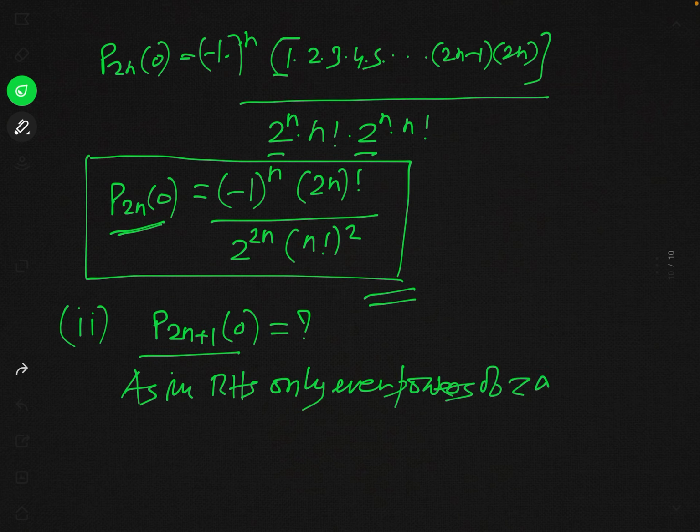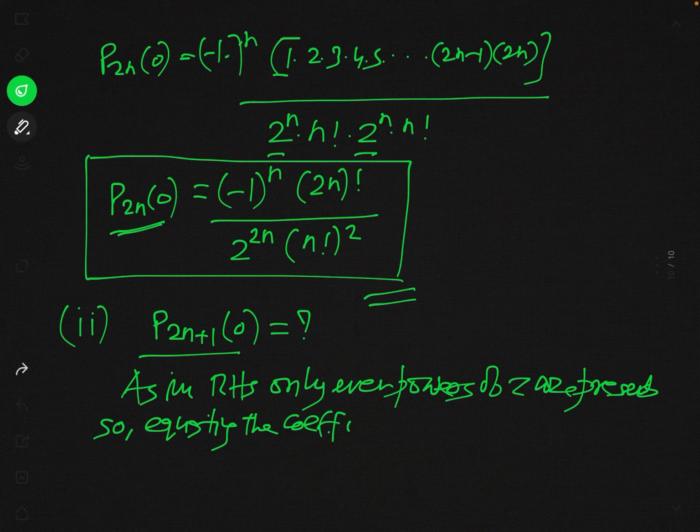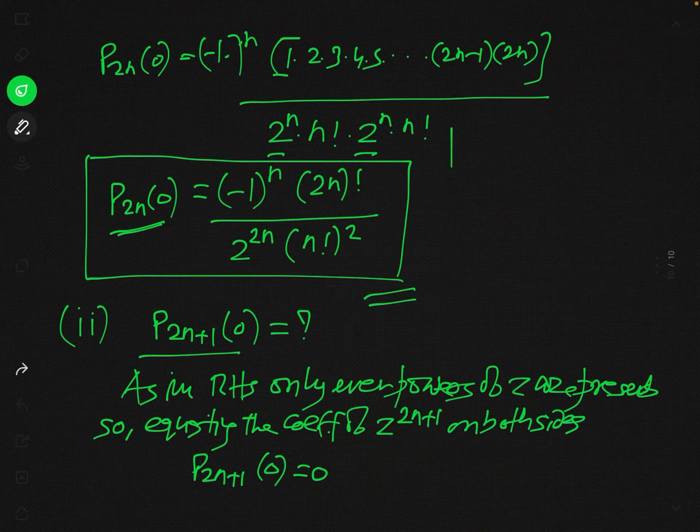सो यू कैन से एज इन RHS, ओनली इवन पावर्स ऑफ z आर प्रेजेंट, केवल यही प्रेजेंट हैं। सो इक्वेटिंग द कोफिशिएंट ऑफ z टू द पावर 2n प्लस 1 ऑन बोथ साइड्स, व्हाट विल बी अवर रिजल्ट? P2n+1 ऑफ 0, दैट विल बी सिंपली इक्वल टू 0।